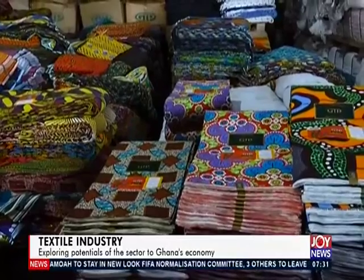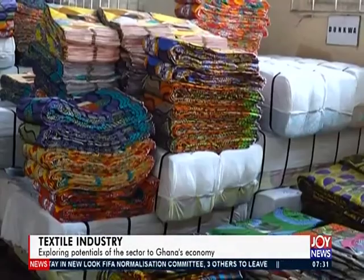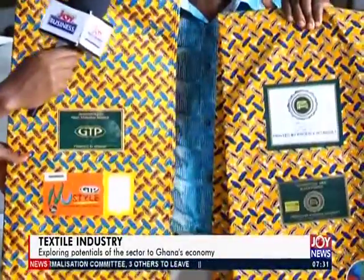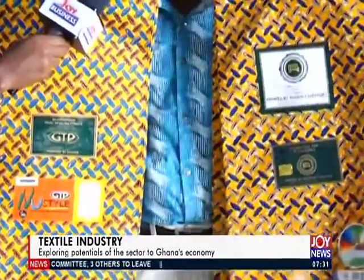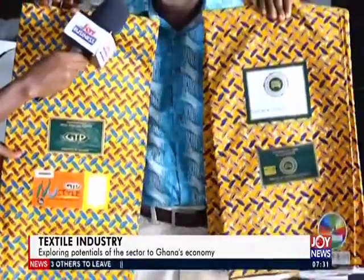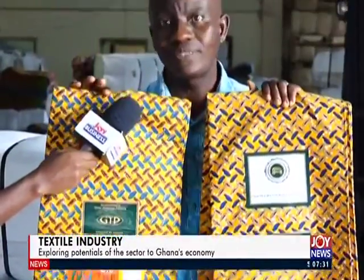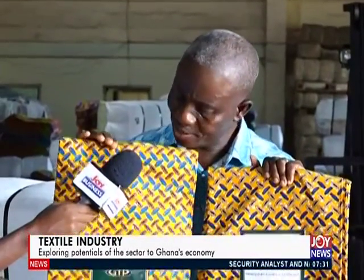He goes ahead to explain the difference between the two fabrics, the fake and the original ones. This on my right is original from GTP, and this is a fake one, imported fake one. But look at the name. Without the labels, it's almost impossible to tell. But now if you compare the two, you see the richness of the color of the original compared to this. In fact, until you bring them closer, you will not realize how